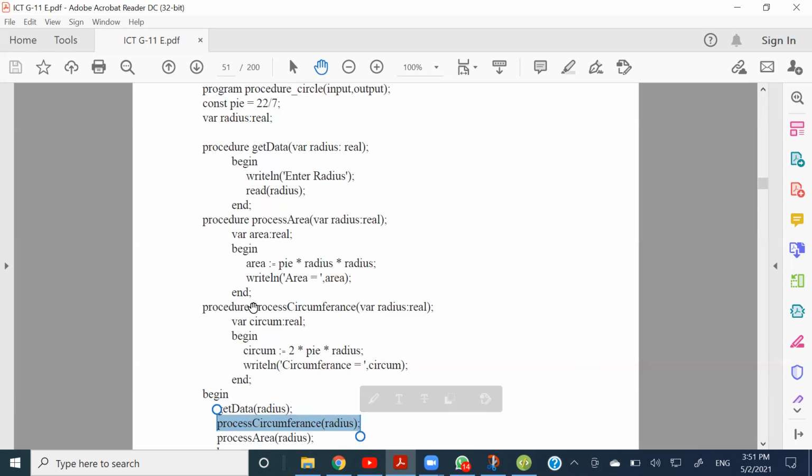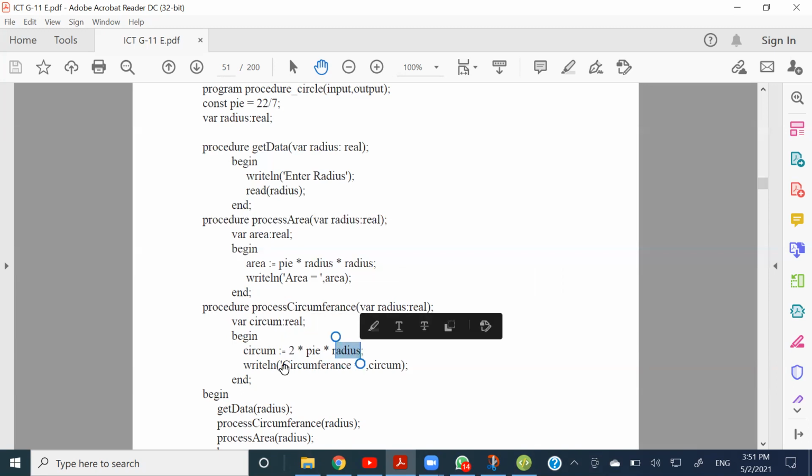So process circumference is over here. What they are doing is taking the radius again, and they have introduced a real variable called circum. So circum will be calculated by multiplying 2 and pi and radius together, right? Then it writes circumference equals the value of the circumference, or the value of the circum variable, right? Then once this ends,